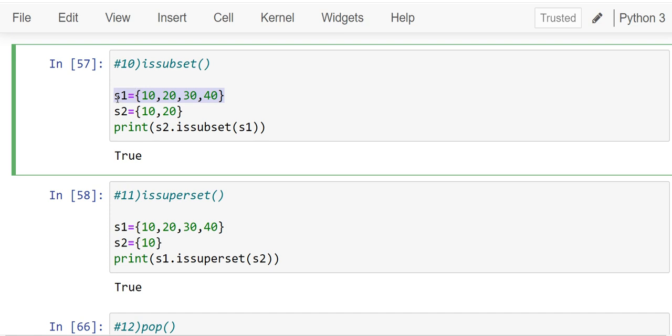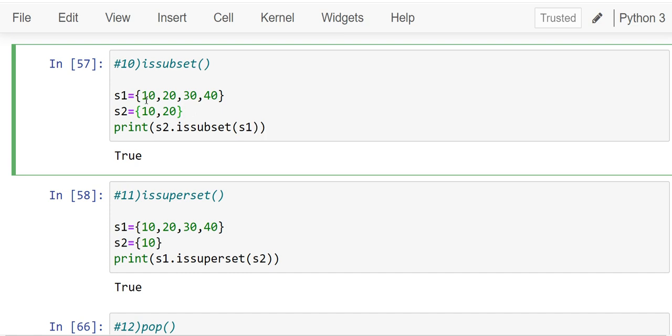See here, I have taken two sets S1 and S2. S1 is stored with values 10, 20, 30, 40 and S2 is stored with 10 and 20. I am trying to print S2.issubset(S1).